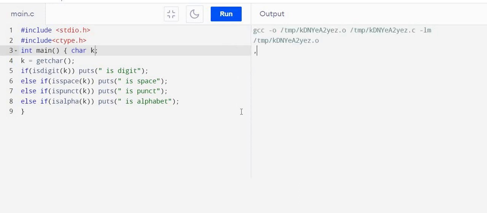Suppose I enter a comma. Comma is a punctuation character. Correct. Suppose I enter a space. It is a space, correct. Very good. It is running fine, so you can run this program again and again. Suppose I enter capital D, it is an alphabet. So it checks and does it.